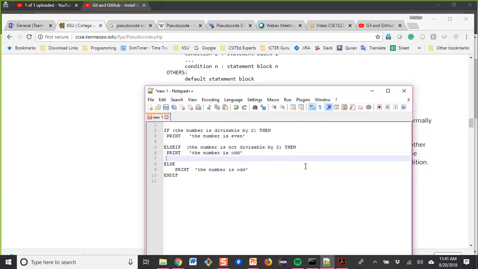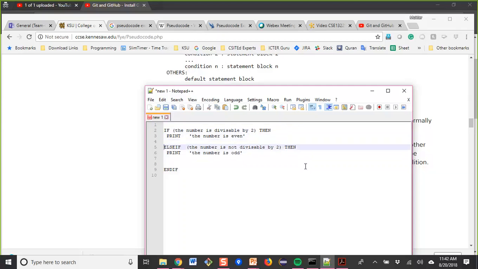Or then we don't need this. So in that case we don't need ELSE, because we give all possible conditions of a numeric number, definitely an integer number. A number, you say 10, 15, 20, 100, 1000, million, 1021, something. Either that will be an even number or an odd number.